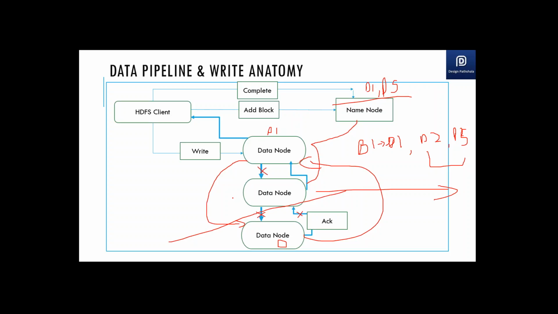Because it is written to 1, which is the default, it sends a signal to the client saying data written, and then in the background it goes ahead with its job of replicating at a later time. But in the meantime, if D1 goes down, the block is no longer there to replicate, and the client already got the message that the block is written. Of course, that's the disadvantage of the default of one. Such scenarios you have to handle with a replication factor of 2 or 3. Definitely, that's a disadvantage of replication factor 1.